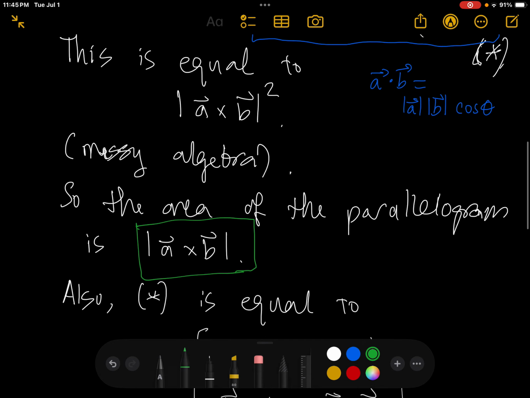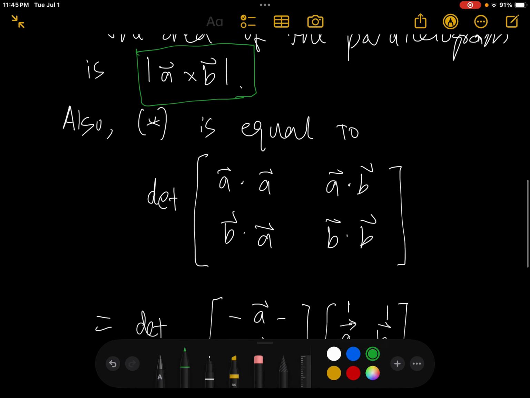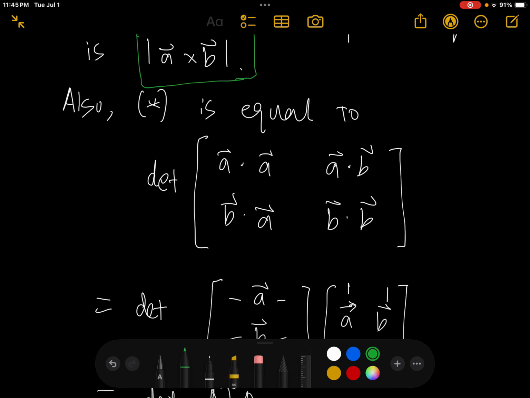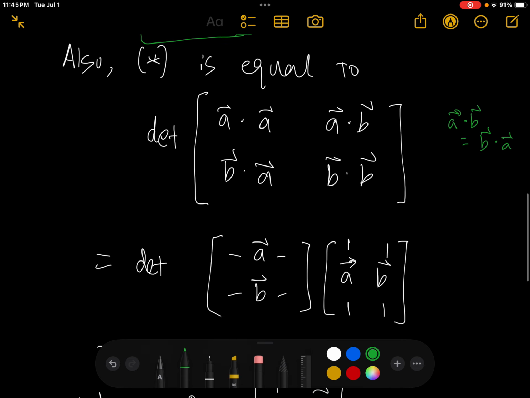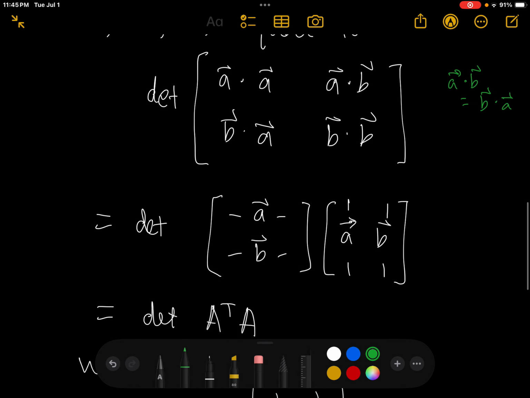Now notice that this starred expression here is equal to the determinant of this 2 by 2 matrix, where the entries are a dot a, a dot b, b dot a, and b dot b. And just for clarity, a dot b is the same as b dot a. Okay. But when it's written like this, you can see that this 2 by 2 matrix,